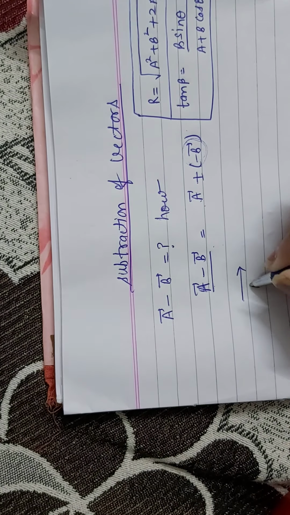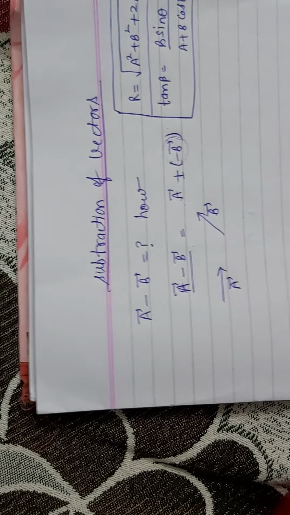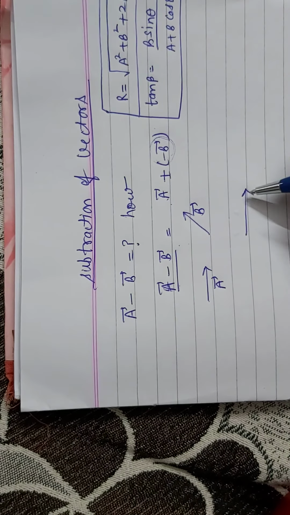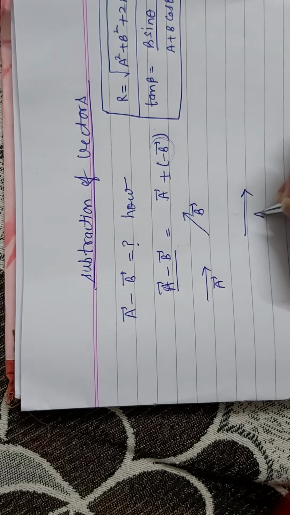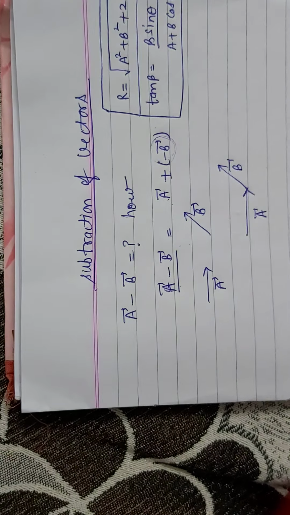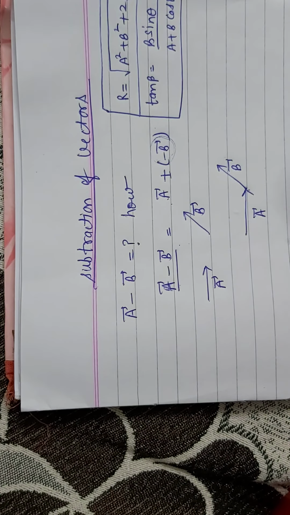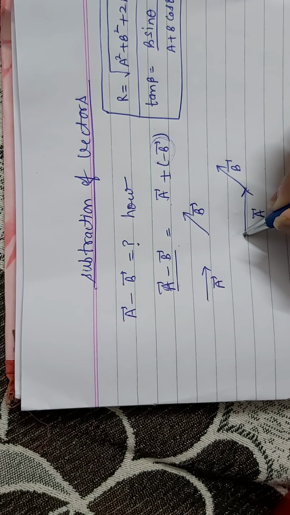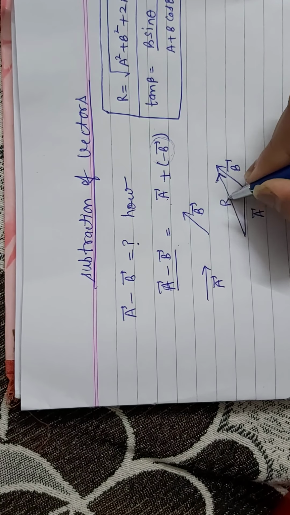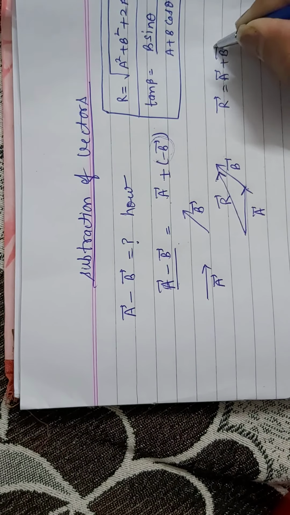Suppose we have two vectors, vector a and vector b. For vector addition, what is our mechanism? We need to join them like this. The head of the first vector a is connected with the tail of the second vector b. Then if we connect the tail of vector a to the head of vector b, in opposite order, this is going to represent the vector r, and r is giving the sum a plus b.